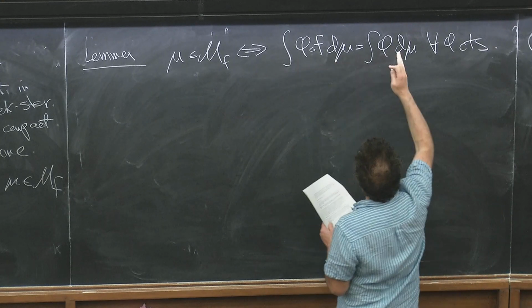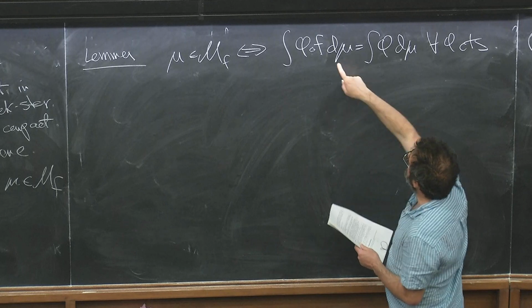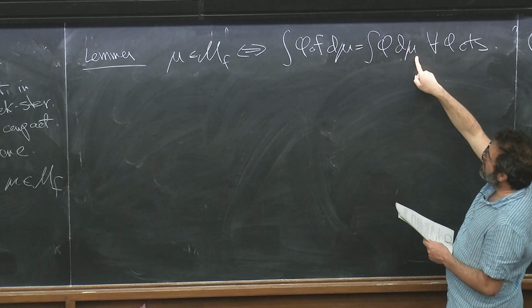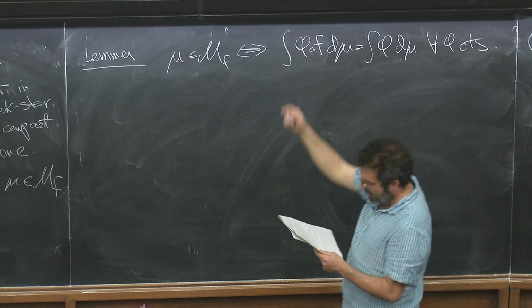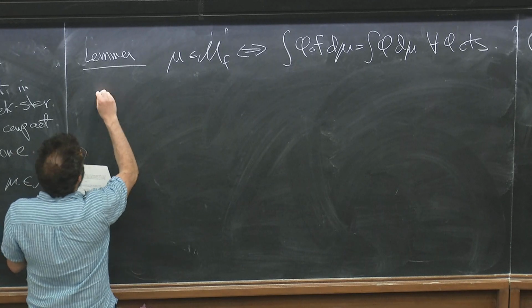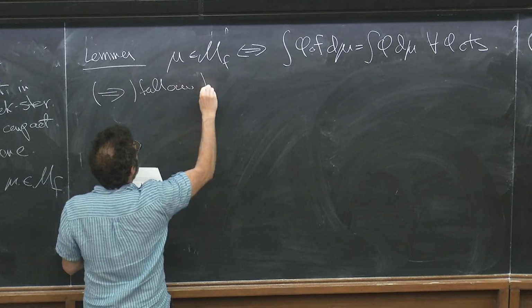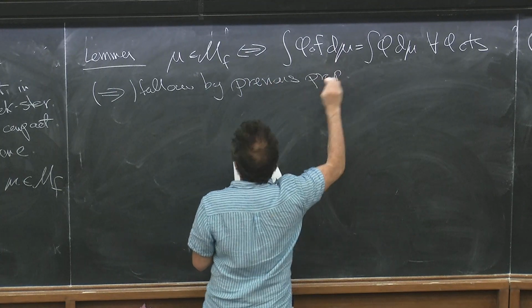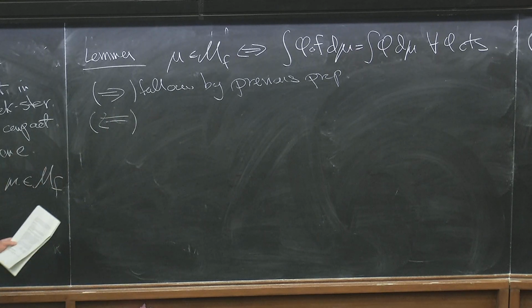So you can see that one direction is obvious, because if mu is invariant, then the previous lemma says that the integral of phi composed with f d mu is equal to the integral of phi d f star mu. But if it's invariant, f star mu is equal to mu. So we have this. The other direction is not completely trivial, but this direction follows by the previous proposition. And to prove the other direction, we have